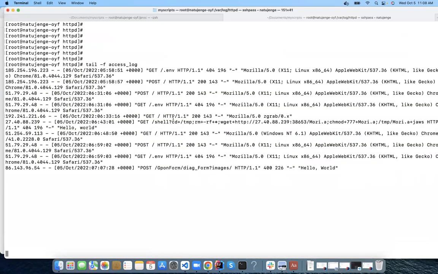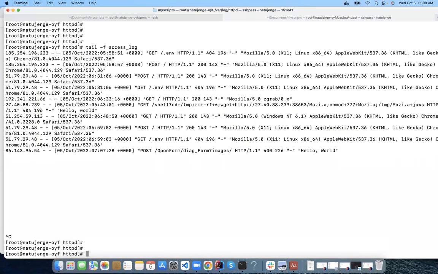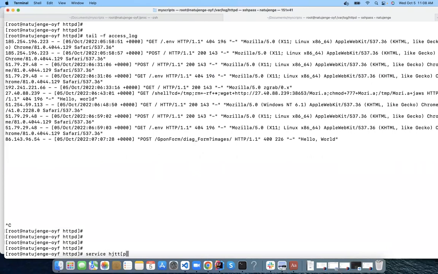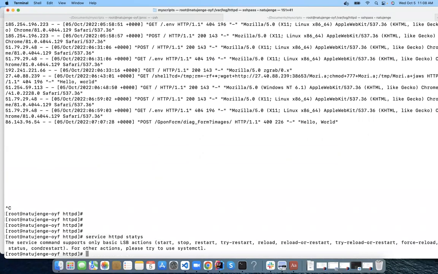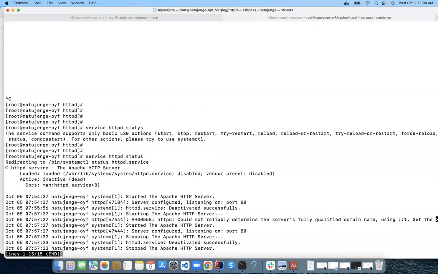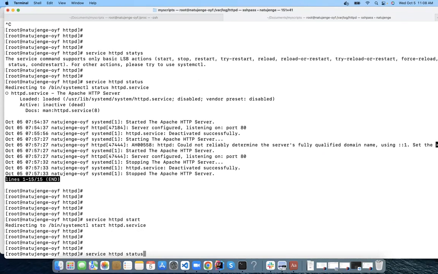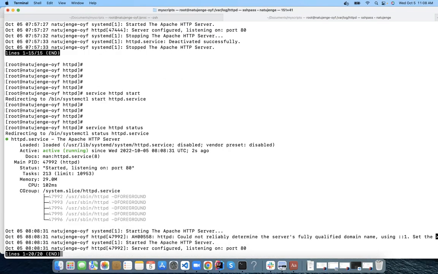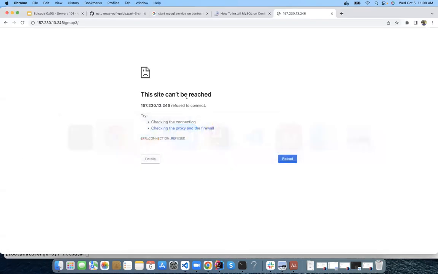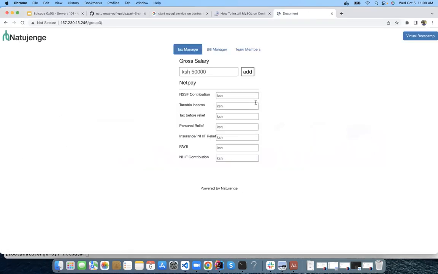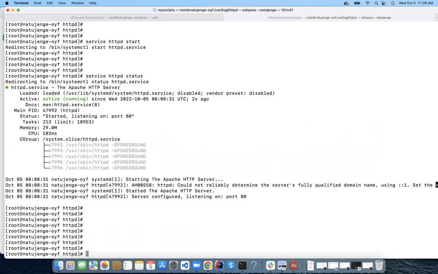Okay, it doesn't say anything. Did we stop HTTPD? Yeah, this is the life of the engineer now. You're told your website is not accessible because someone stopped the service as they're doing a demo. So you can see now how you can troubleshoot. If I come here and it now loads the tax manager, and if I go to the access log,